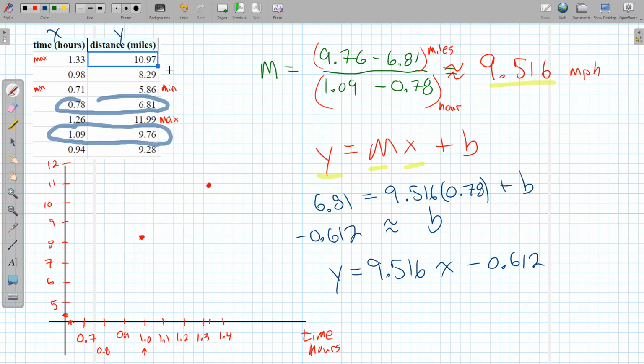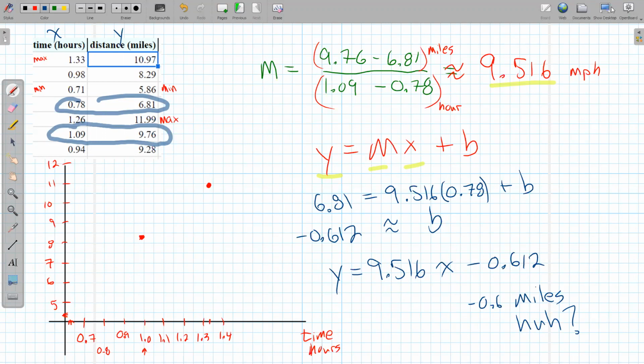It's a y value, so it's miles, negative 0.6 miles. In this case, the y-intercept doesn't have a reasonable meaning. It's just needed to adjust the line so it flows through the points in the right way.